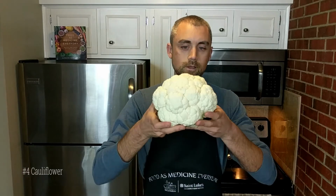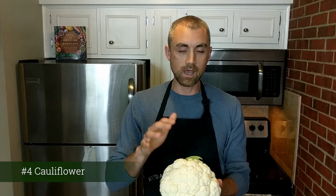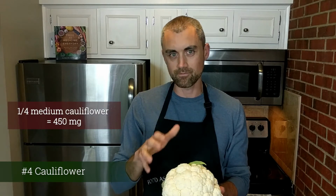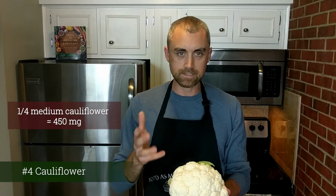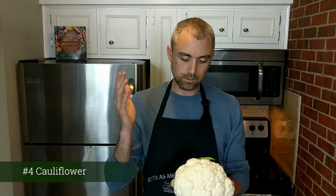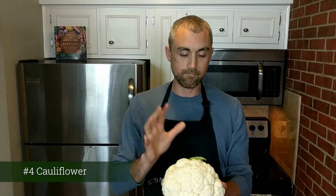Number 4, cauliflower. Now, cauliflower has so many different nutrients in it. When it comes to potassium, a quarter of a head of cauliflower contains about 450 milligrams. So likely you're not going to eat the whole head, but you can include cauliflower as a great source of potassium and other nutrients. You can eat it raw, you can bake it, roast it, saute it, chop it into little steaks. You can do cauliflower rice, a lot of different ways to include more cauliflower in your diet. And so number 4 is going to be